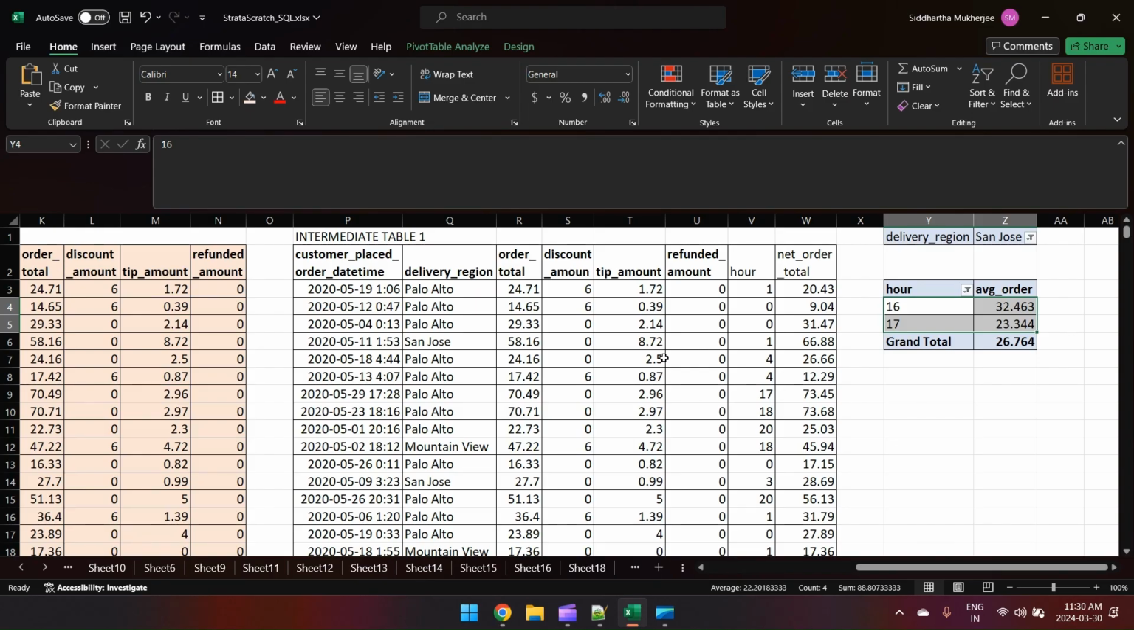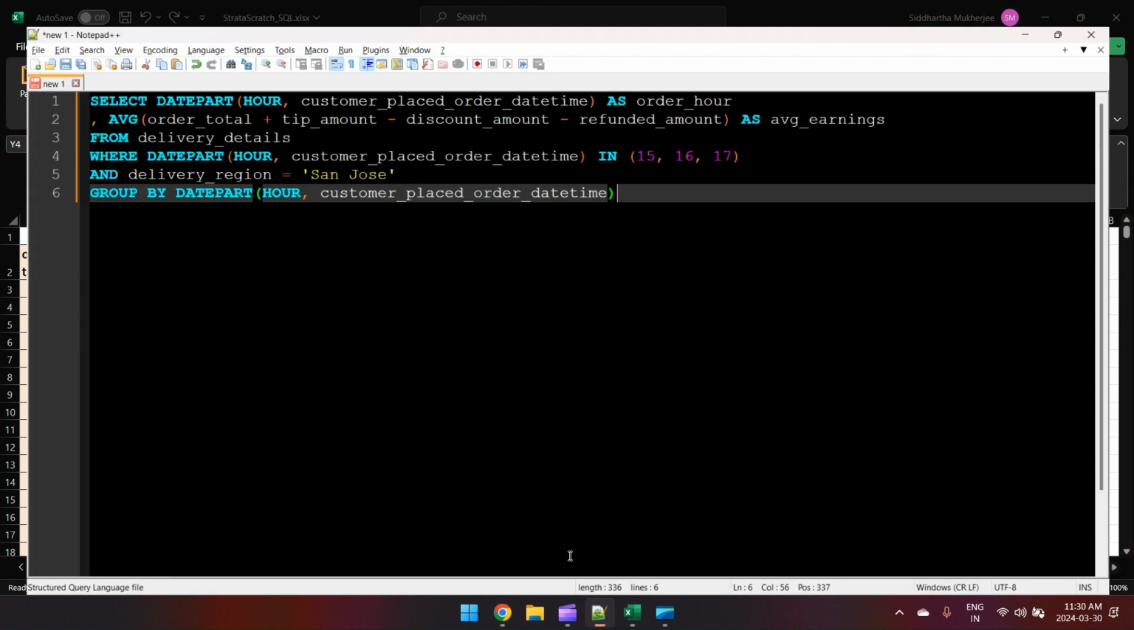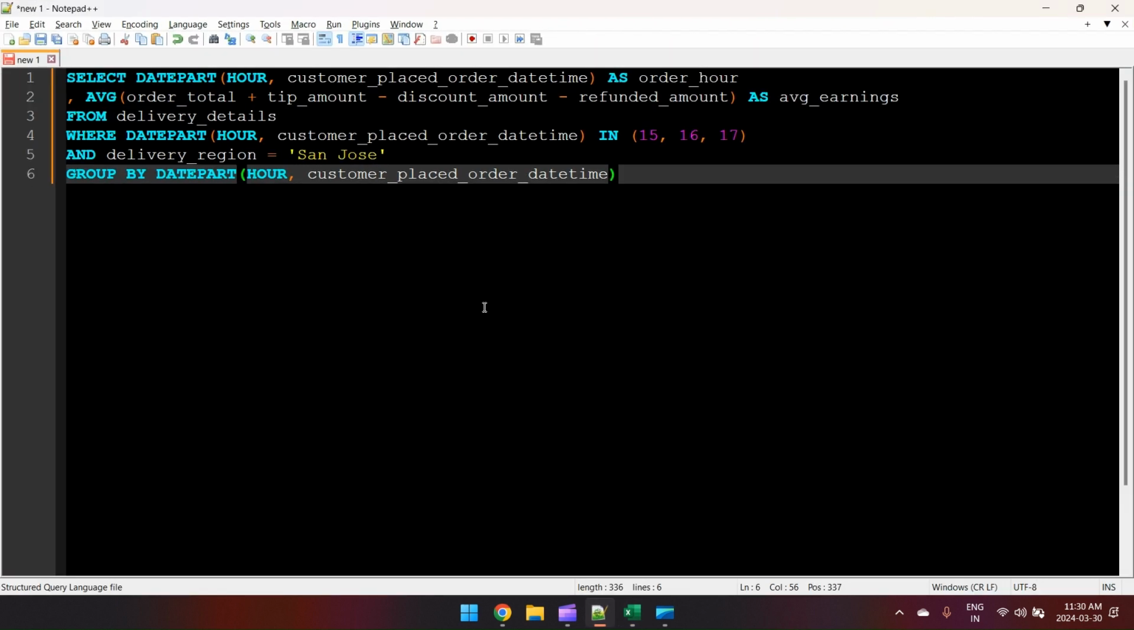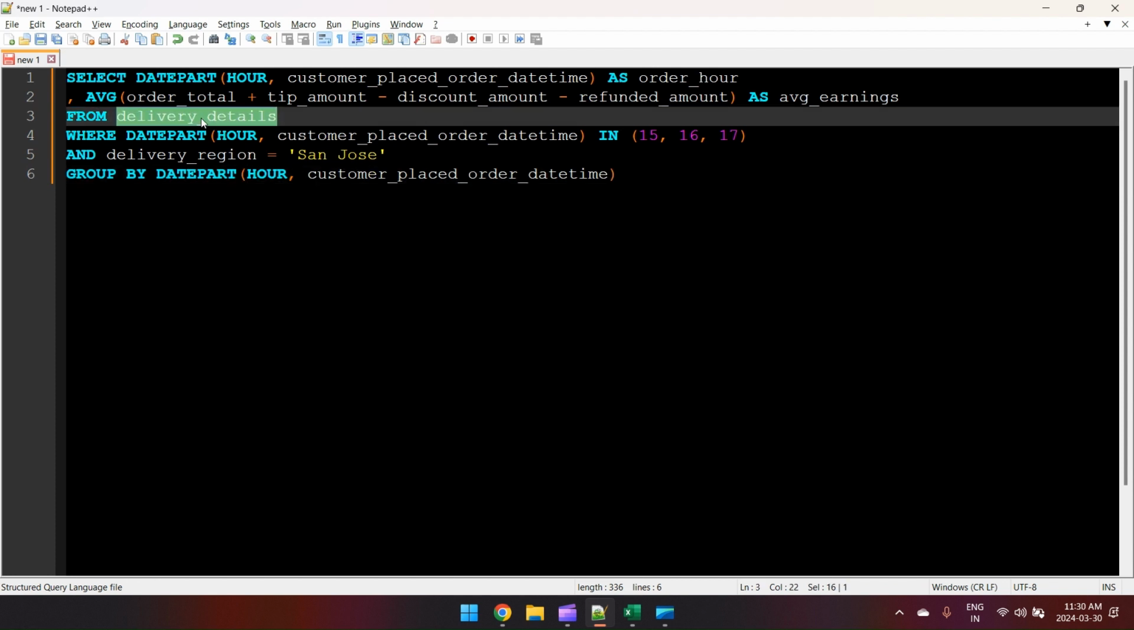So I hope we were able to understand the input table, the problem statement and the solution in Microsoft Excel. Now let's try to translate this solution to SQL. As always, I have written the SQL code in Notepad++ because it's easiest to view here. So as we can see, our only input table is delivery_details,